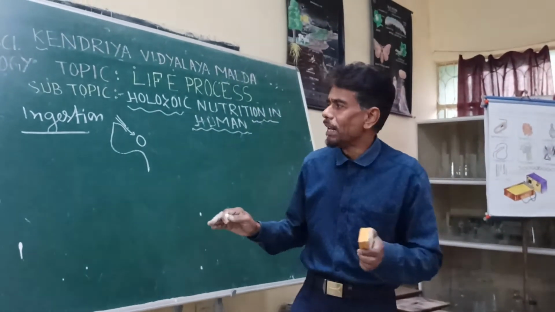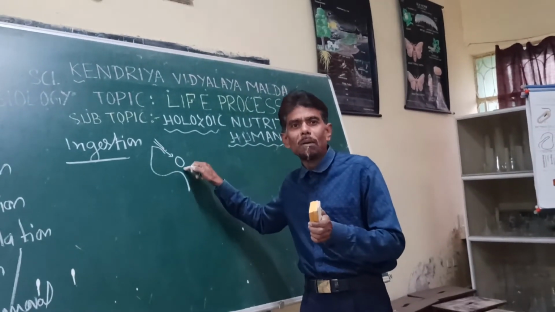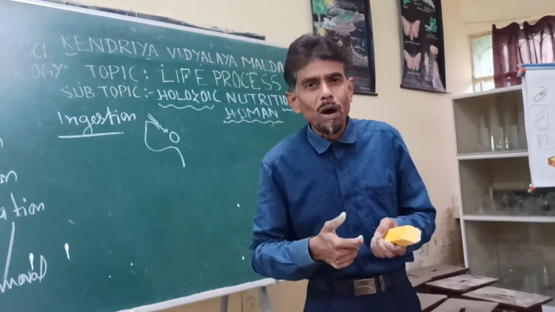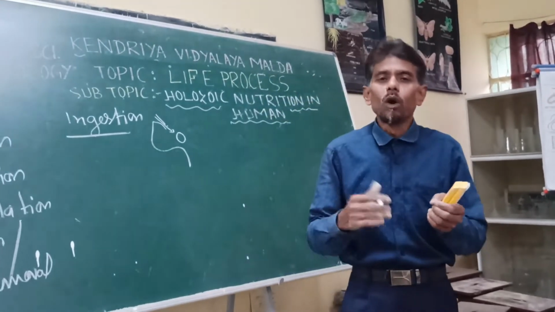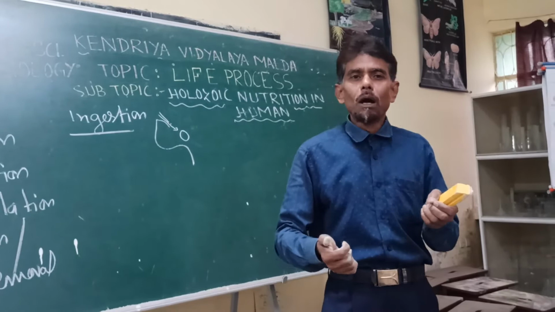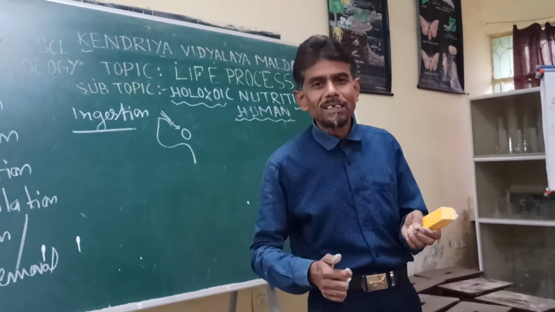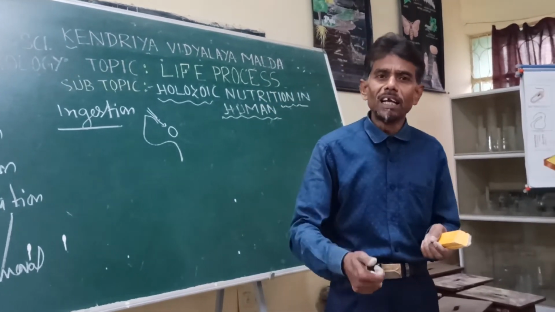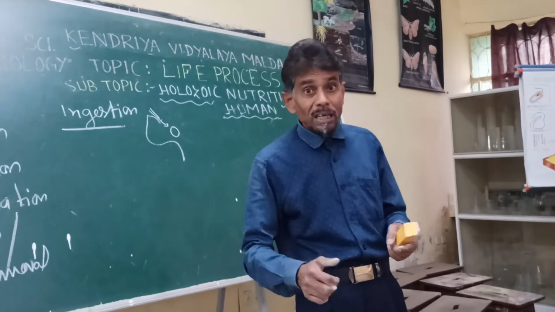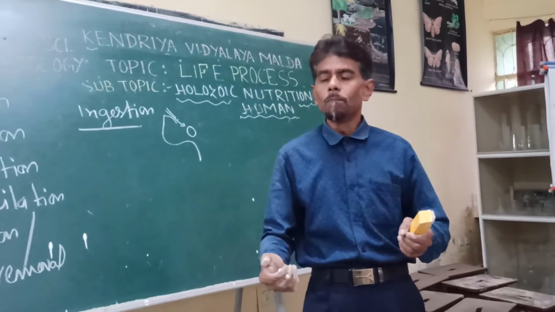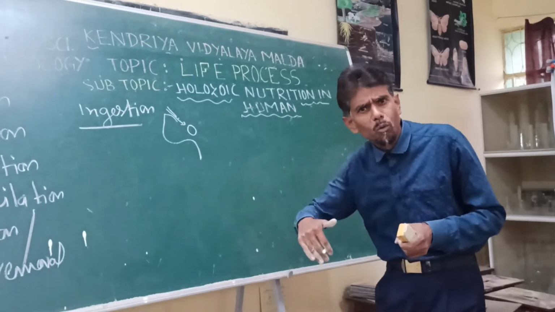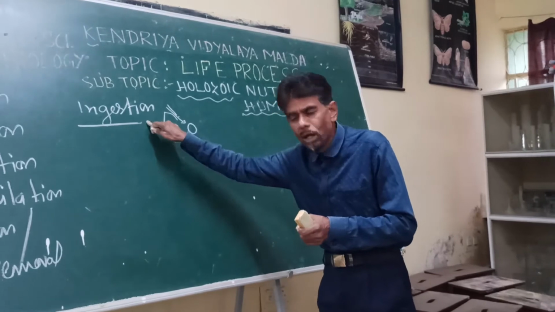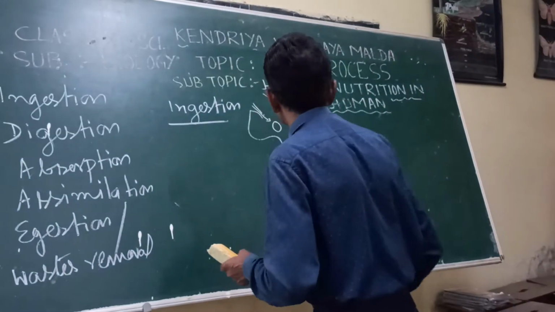Now the buccal cavity has a floor which articulates with a muscular tongue, and upper and lower sets of teeth. We have 4 different types of teeth, which you have read somewhere in junior classes: incisor, canine, premolar and molar, for cutting, grinding, chewing and biting. These 4 different types of teeth help to properly grind the food, which is mastication.